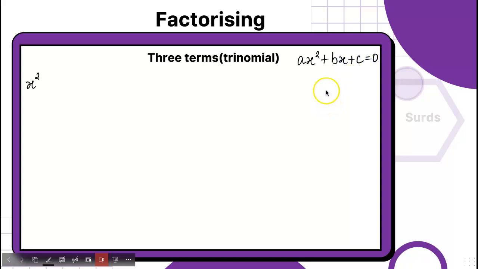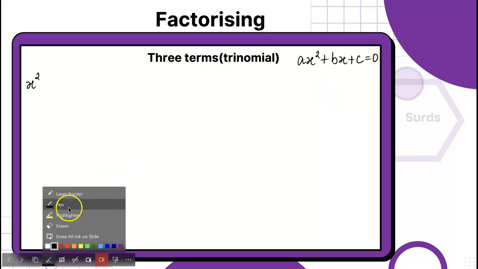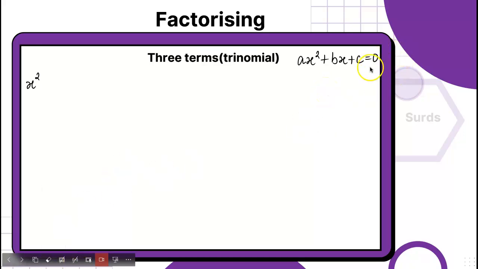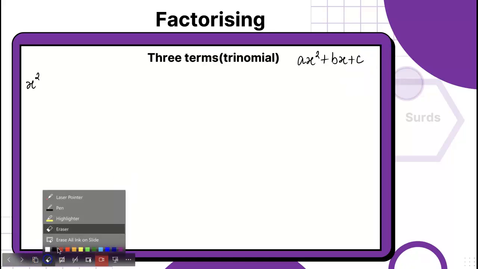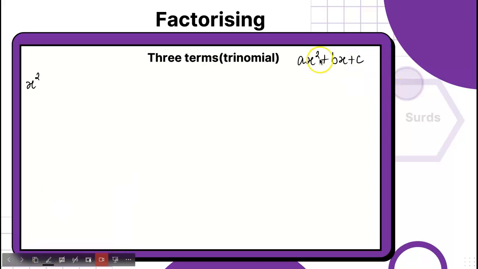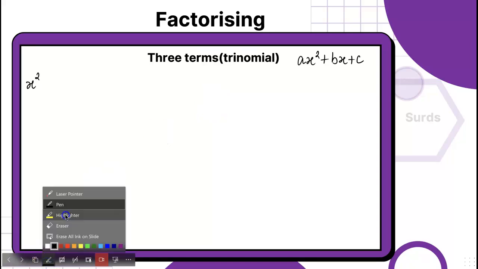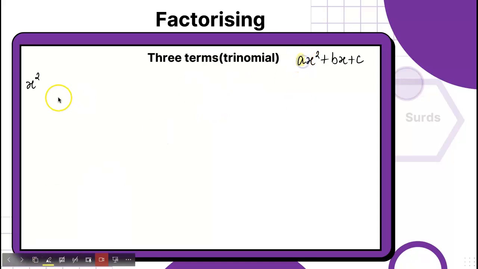But here in this one, we are not actually talking about quadratic equations, but quadratic expressions. So I'll be removing the equal sign. So we have this. Now here I'm talking about this page, or maybe the next page. We will be focusing on questions where we have the coefficient of x squared. What is the coefficient of x squared? The number which is the multiple of x squared, it would be 1. Over here we would be having nothing, right?